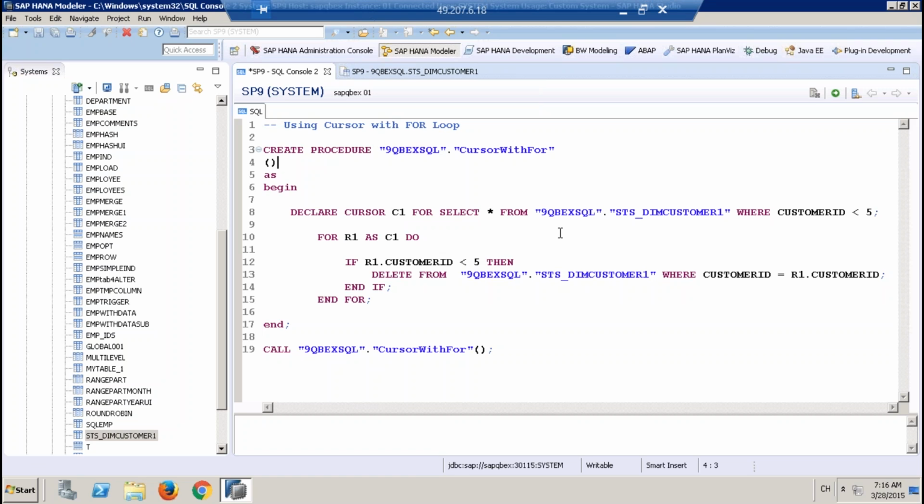So create procedure so and so as begin and declare cursor as C1 for what I'm doing. I'm just declaring cursor for this select statement. Then I'm saying for R1 explicitly, this cursor is declared as for R1 as C1, do and end for. Within this for loop, it runs through the loop for every record of this cursor. I don't have to write fetch. I say if R1 dot customer ID